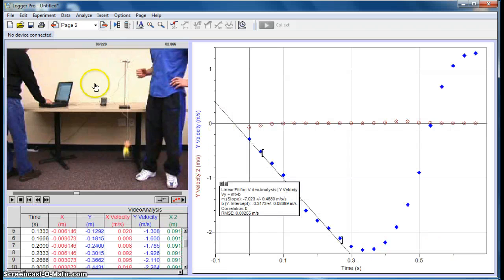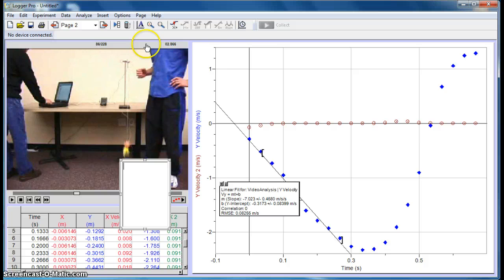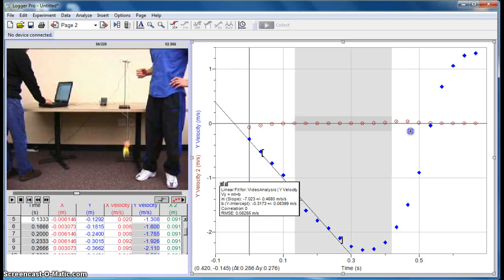If I go over to page 2, again, I could insert a text box where I could type some stuff. I can auto arrange it. I can shrink the video. I can do all kinds of things to make it all fit. If I wanted, I could curve fit this one or linear fit it